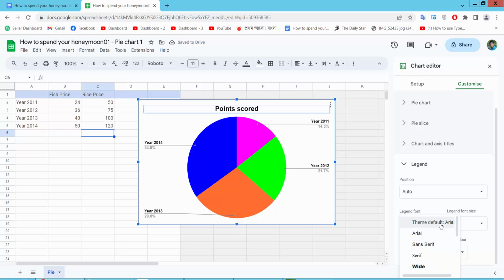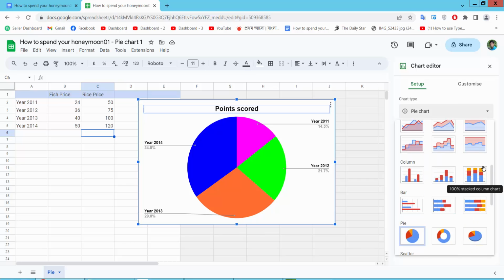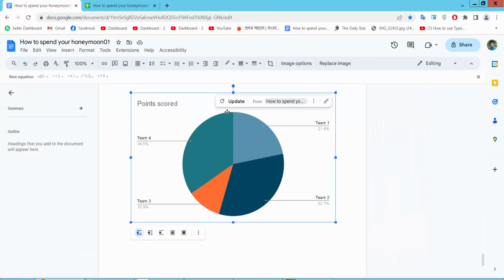Also you can change font style. Font size you can change. I will make it auto. Now select setup option. Also you can change this pie chart into box chart and 3D pie chart as you like. Now go Google Docs document and select your update